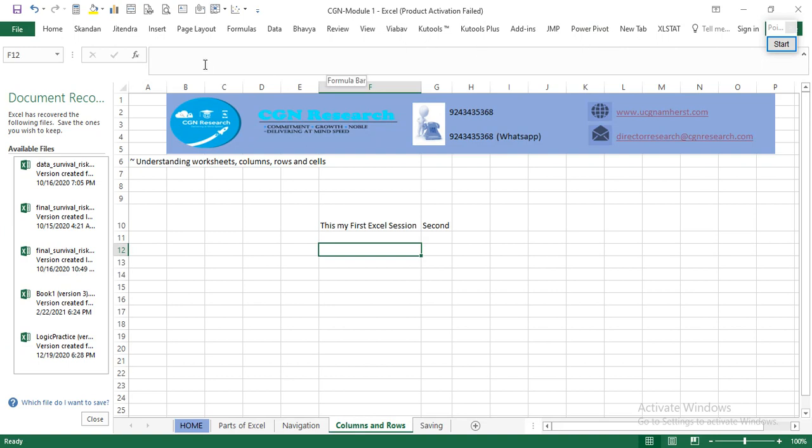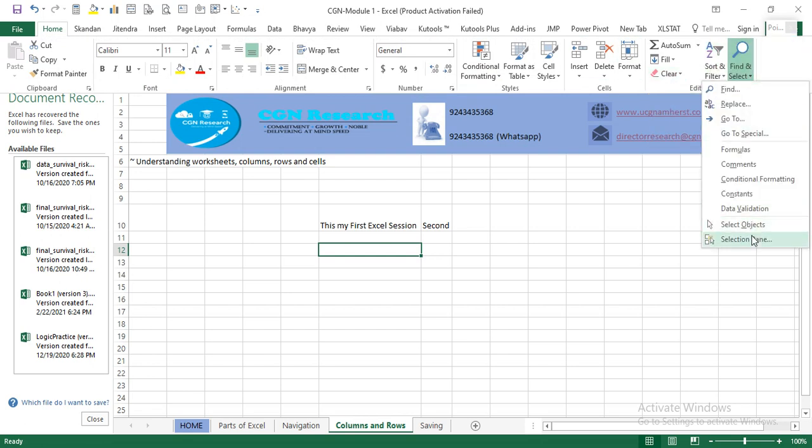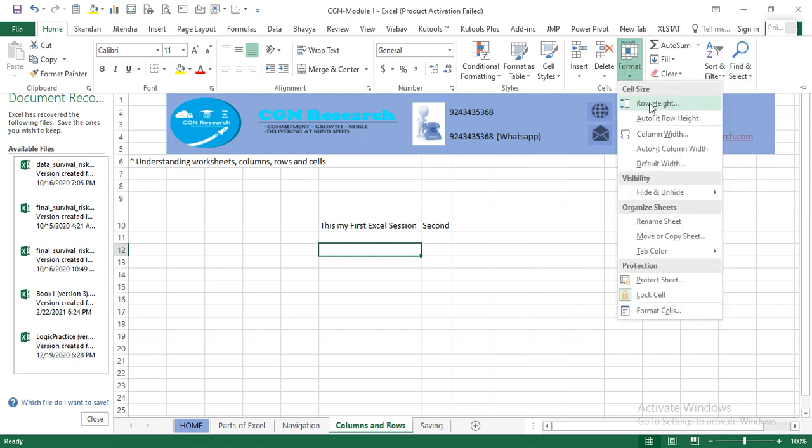So this is one way of doing it, and the other way is to look at the row and column heights, which is available here.